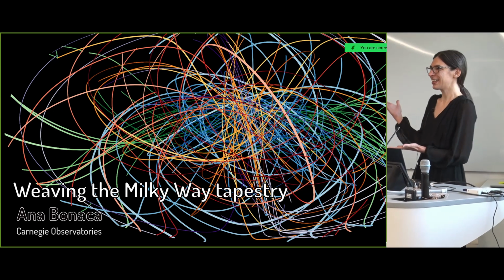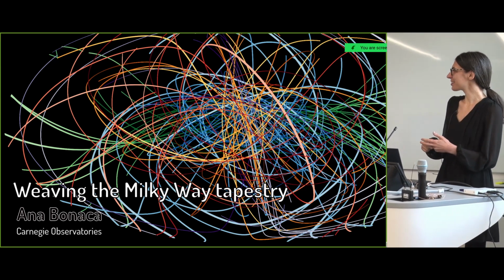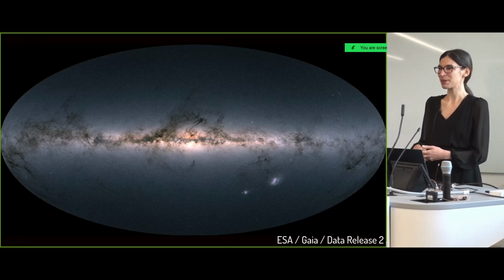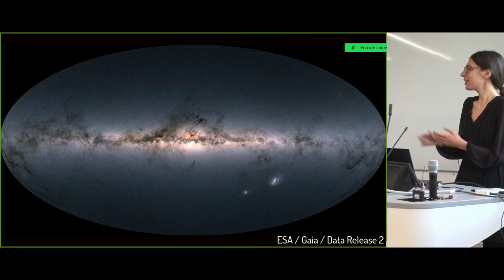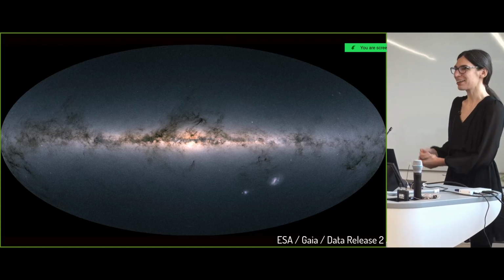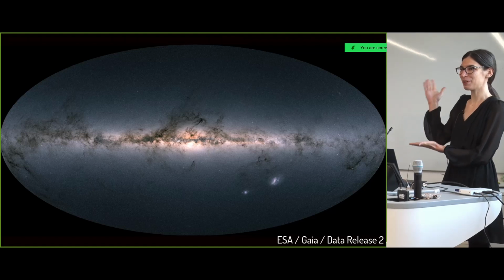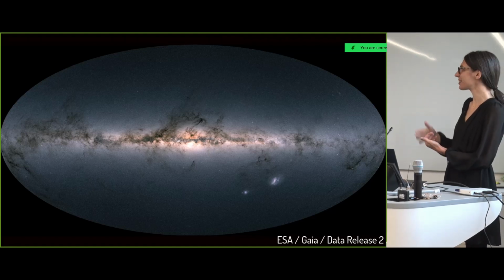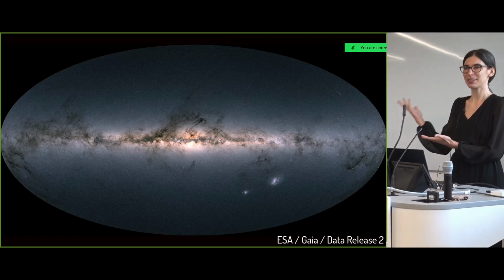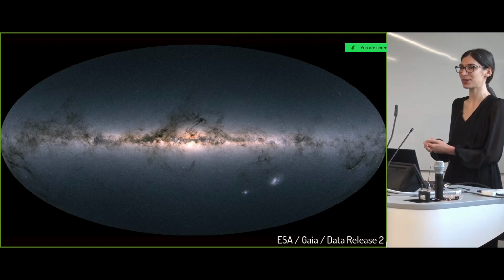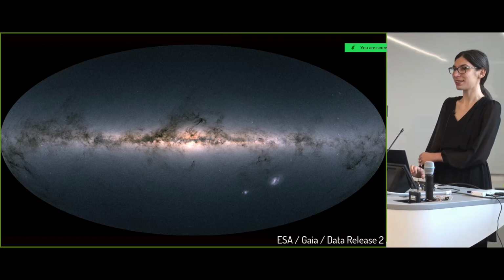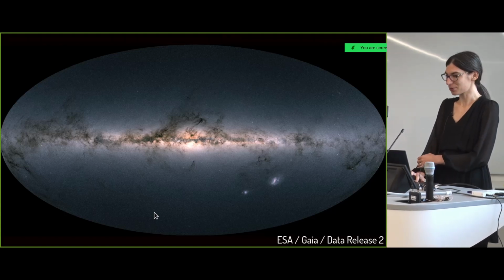So the way I'll be tackling this is in the context of the Milky Way galaxy. And this all happened thanks to the European Space Agency's mission Gaia, which really transformed our view of the Milky Way, that for really millennia was something like this: a static view of positions of stars that we can see in the sky, and maybe measure their colors or spectra and get some additional information. But what triggered this revolution that we are experiencing today is the measurements of the 3D motions and 3D positions of stars throughout the galaxy.